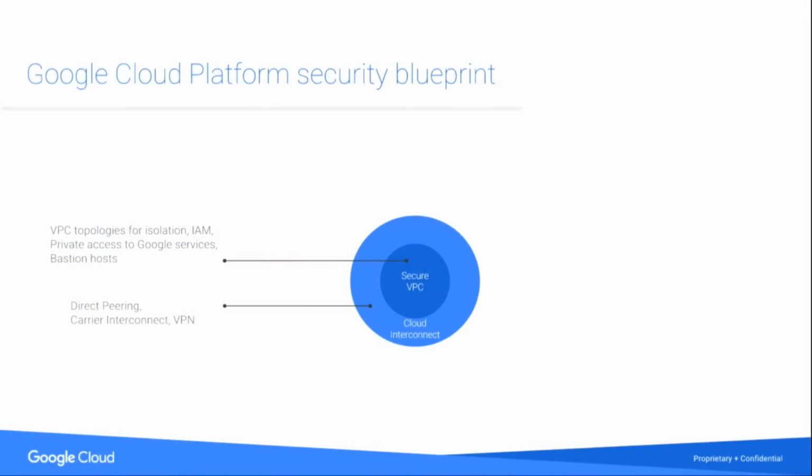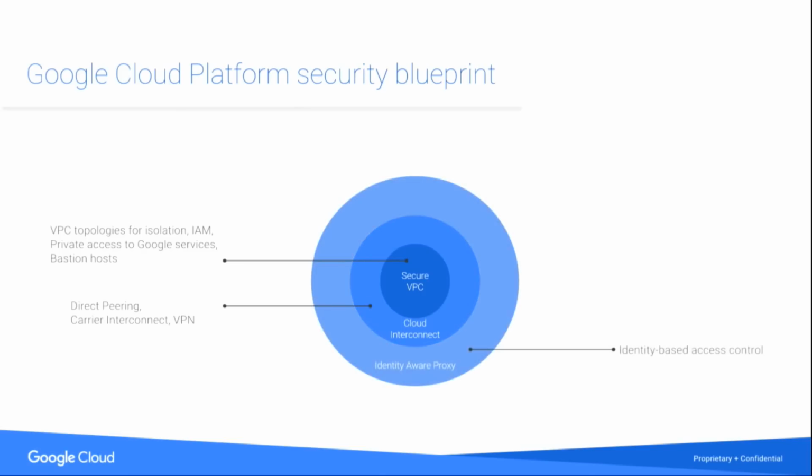As we broaden out the circle, we looked at direct peering options, as well as interconnect and VPN technologies, which allow you to connect into Google's network and to your VPC network from your environments or your other cloud provider environments. And then on top of that, once you've got applications and networks set up on GCP, you